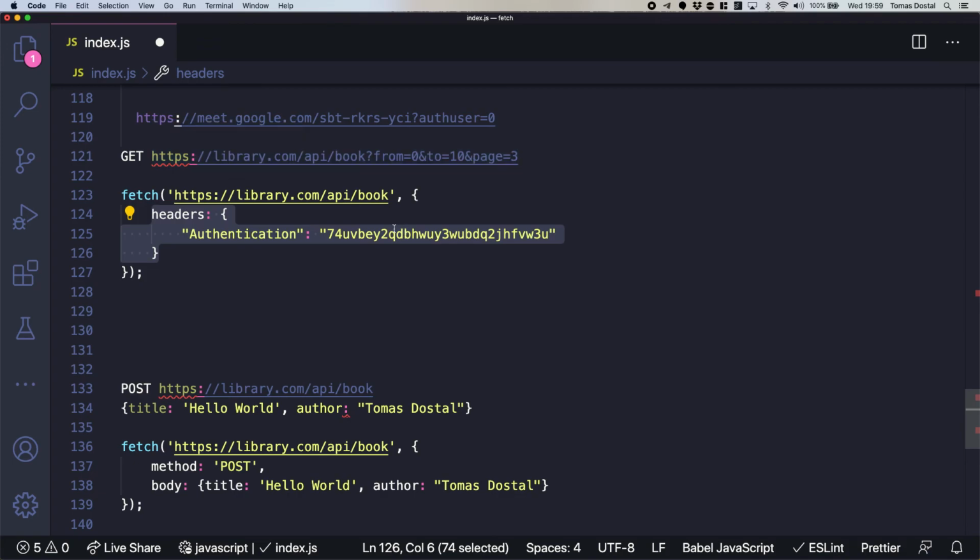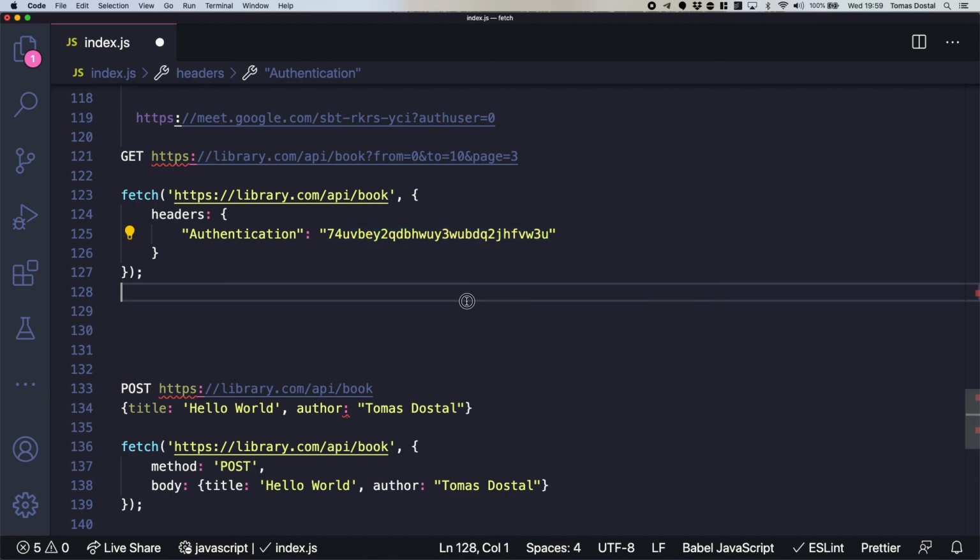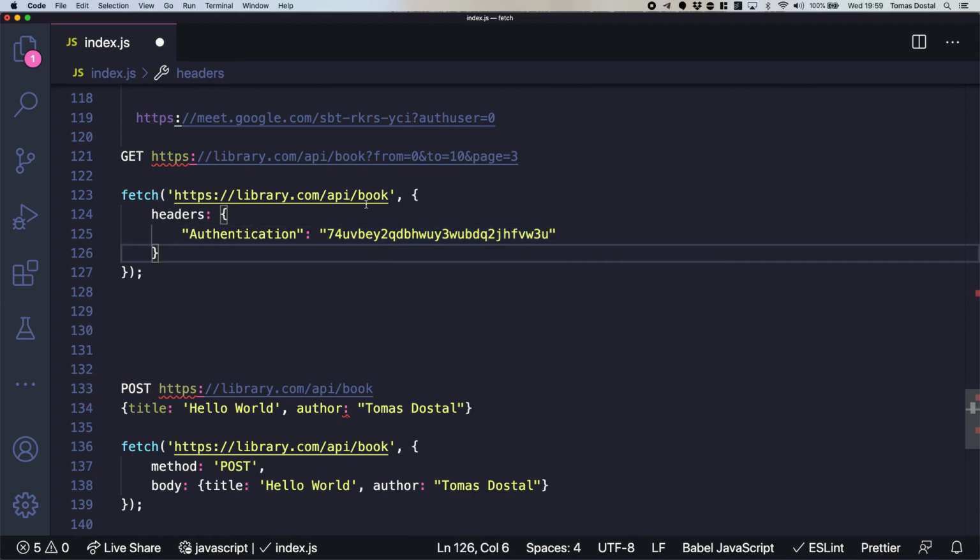You wouldn't put this kind of stuff in the URL, because these things are secret, right? You should not be sharing this with anyone. And if you put it in the URL and then somebody comes along and just copies the URL and gives it to someone else, then they will see your secret key and they can start using your API key. So you need to be careful about your secrets as well. So that's another use case for headers.